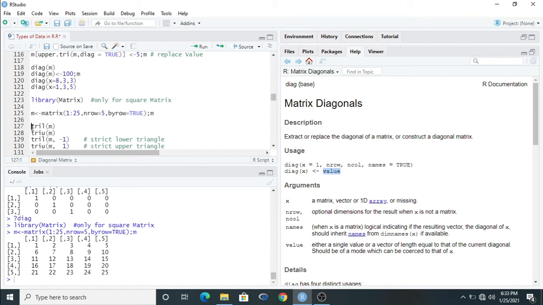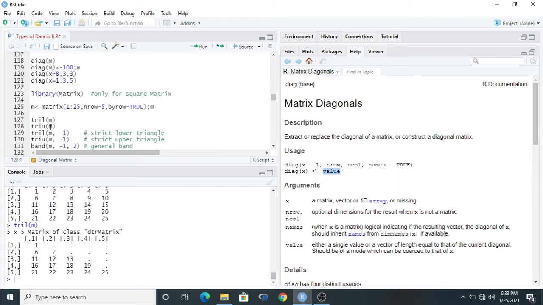Okay, then the function is tril. L means lower, tri means triangle. So it indicates the lower triangle values and it will be shown like this. The upper triangle values are just dots, and the lower triangle values include the diagonal element. What happened in the previous case? The diagonal was excluded by default, but when we use diag equal to true, only then it is added. But in the case of the Matrix package, triangle L means it identifies the lower triangle elements including the diagonal element.